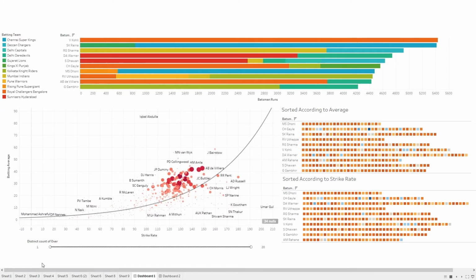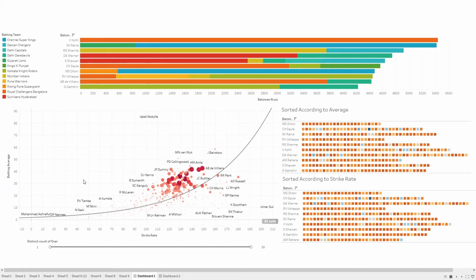Now for all overs, AB de Villiers looks to be a perfect batsman with a healthy strike rate and healthy batting average. Then we also have Chris Gayle with a good strike rate and good batting average. Then we have David Warner.